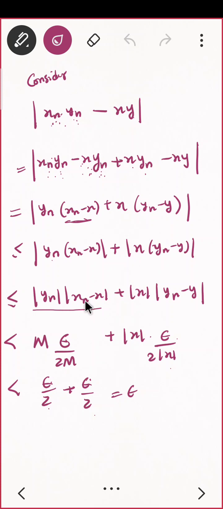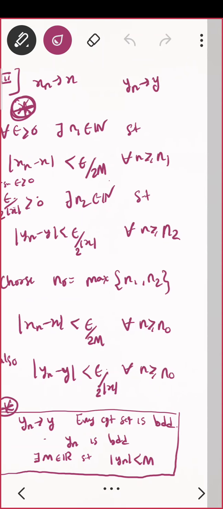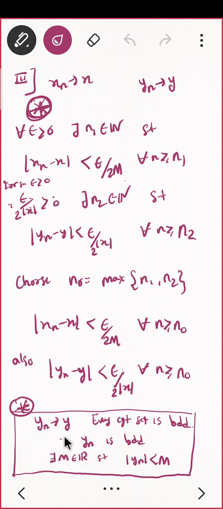But this is okay, what about this mod yn? I have seen something like this. What is that? If a sequence is convergent, then it is bounded. So yn is convergent. Yn is convergent. So every convergent